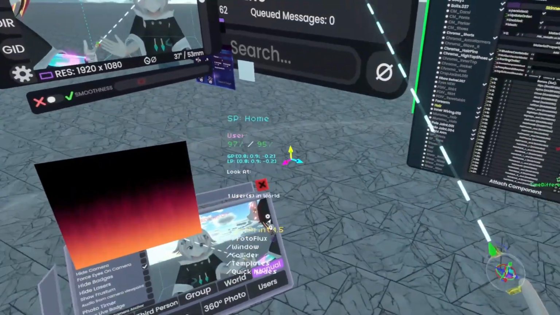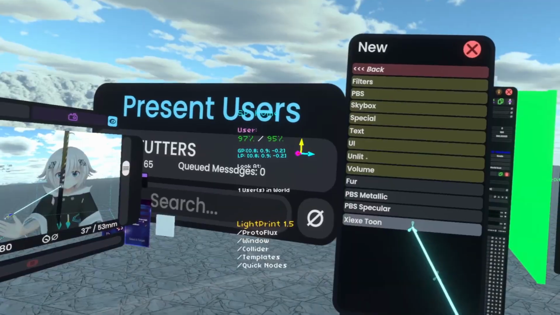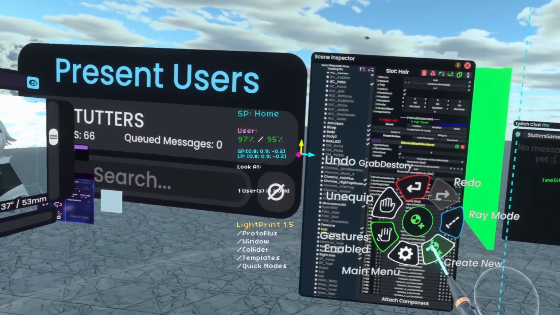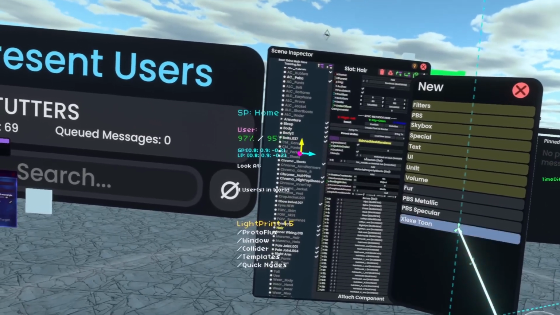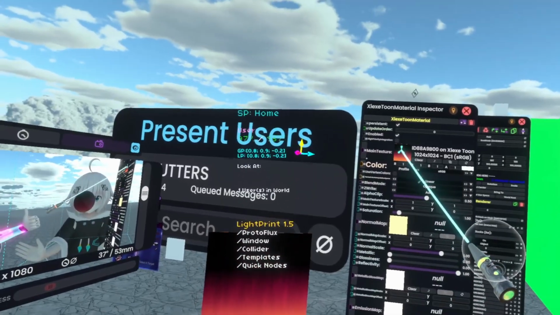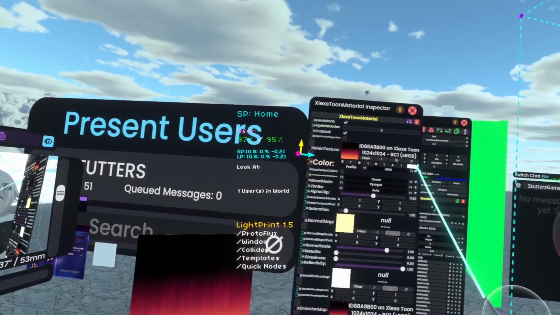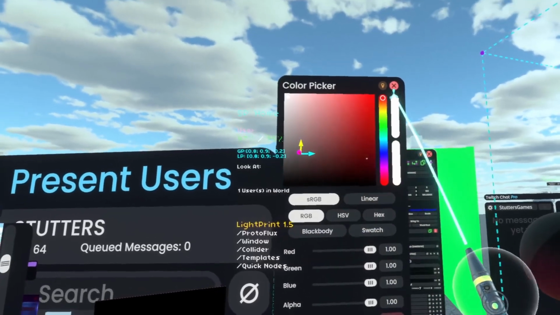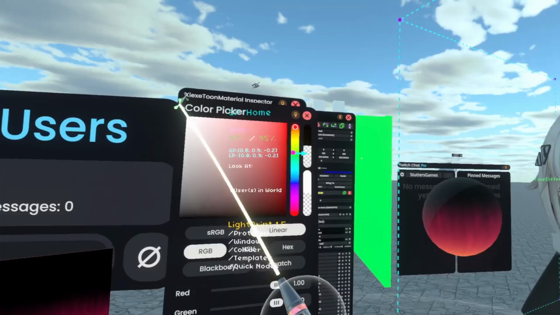What you can do is either do this on the dev tool, go to create new, go to materials and pick the material that you want, or you can also do it utilizing the material tool, create new, and go straight to the materials. For me, probably want to use ZigZtoon. I can actually take the hair that I want and put it in the main texture. I can also take this texture and put it on any other thing that I want, such as the emission maps, and I can actually click on these boxes here on the sides and change the colors to whatever I want. For me, I just want to increase the emission, so I'm going to slide this up until it gets